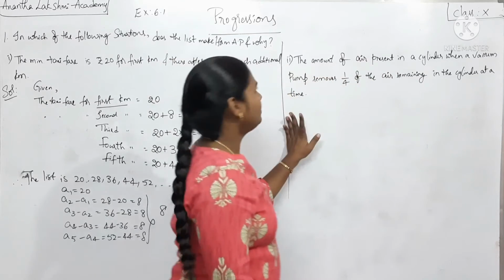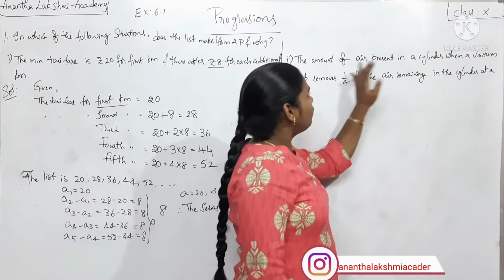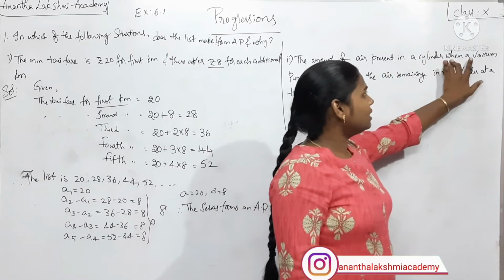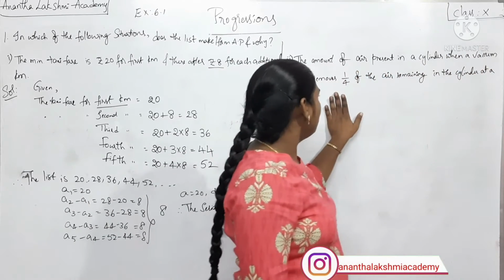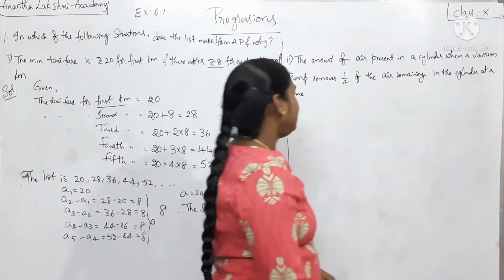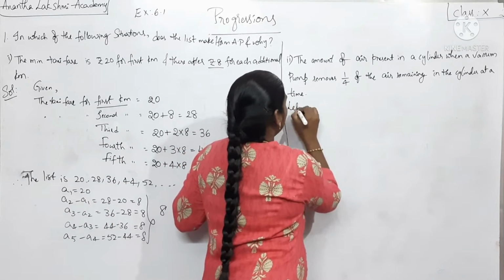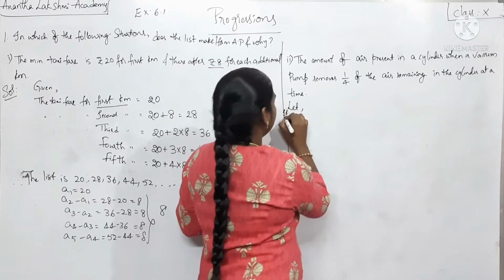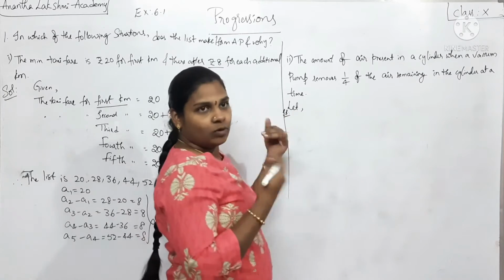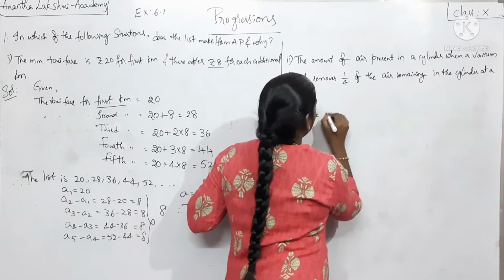Let's look at the second bit of the first problem. What he is saying here is the amount of air present in a cylinder when a vacuum pump removes 1/4 of the air remaining in the cylinder at a time. So we do not know the amount of air present in the cylinder, first thing. So let us assume the amount of air